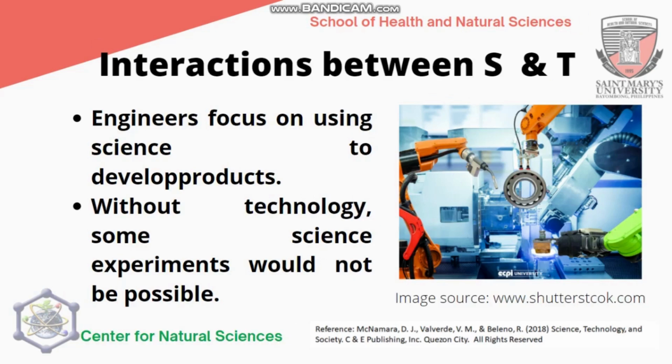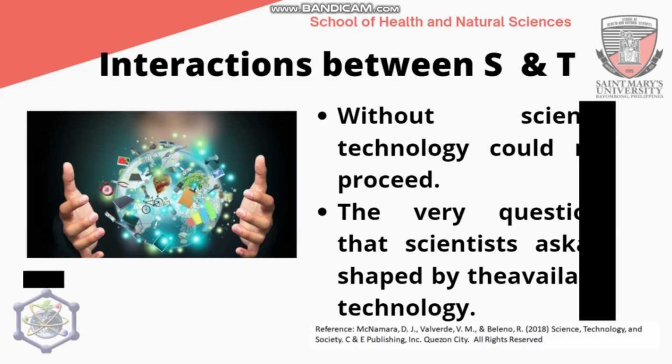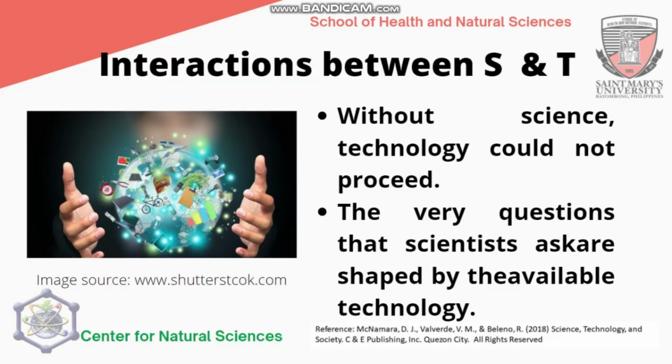Also, engineers focus on using science to develop products, such as robots and artificial intelligence. So, continuing, interactions between science and technology: engineers focus on using science to develop products. Without technology, some science experiments would not be possible, just like the creation of robotics and artificial intelligence by our engineers. Next, interactions between science and technology also involve